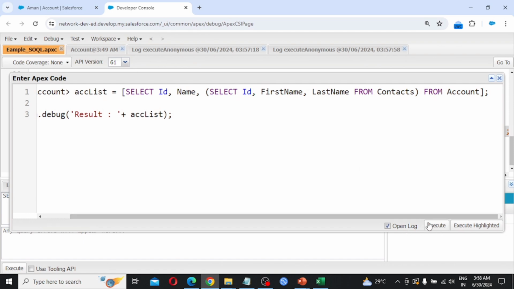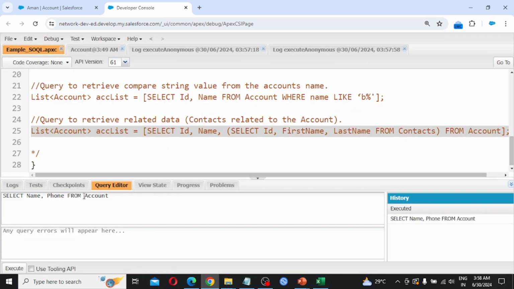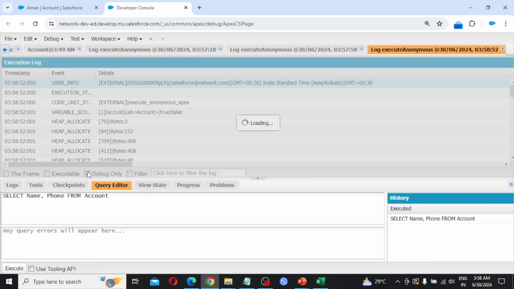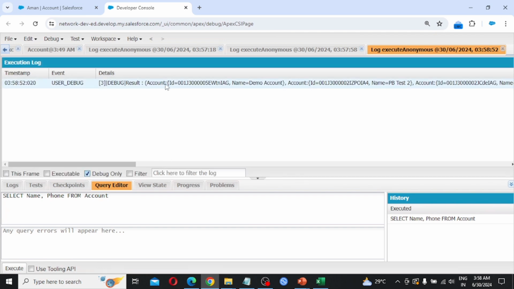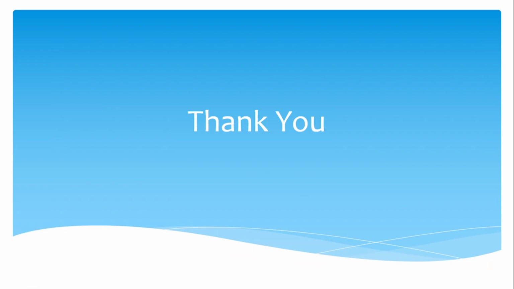So execute. So we are seeing here account ID, name, demo account. So like this we are writing the SOQL queries. Thank you.